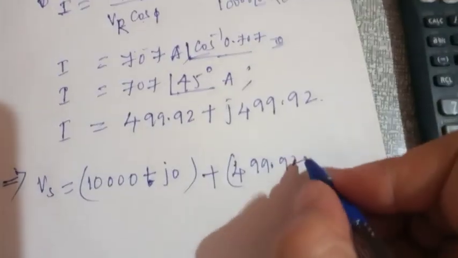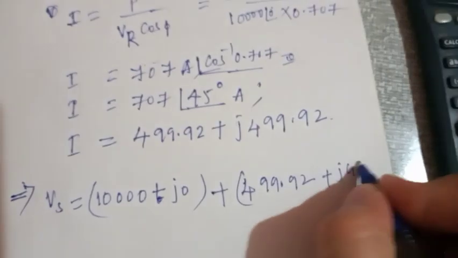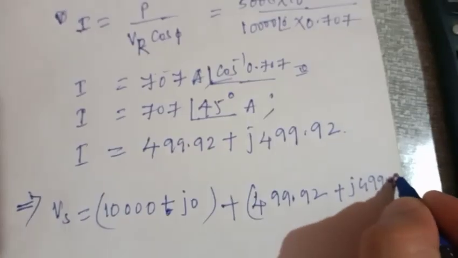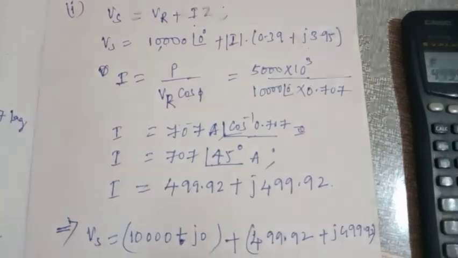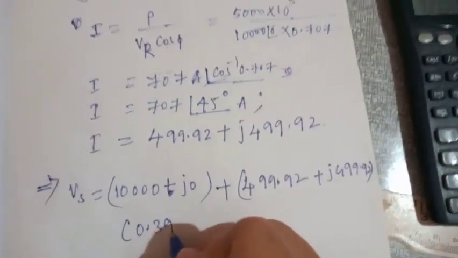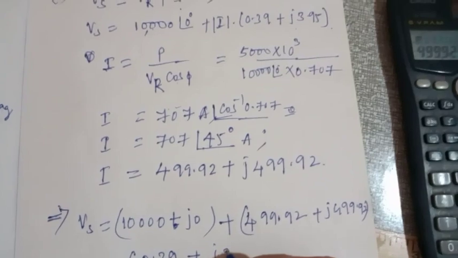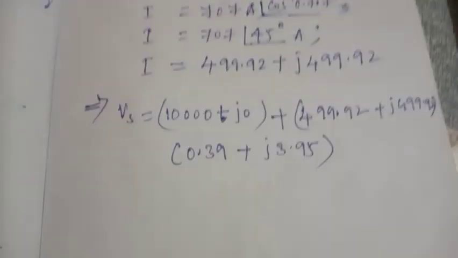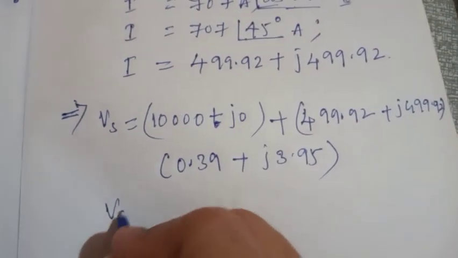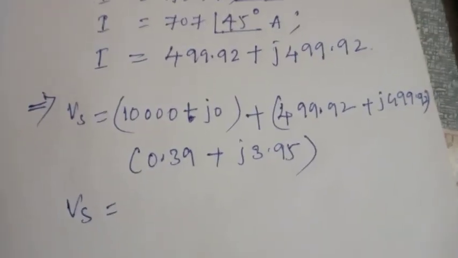499.92 plus J 499.92 into 0.39 plus J 3.95. Now using your calculator in the complex mode, if you calculate it, then it will come around,